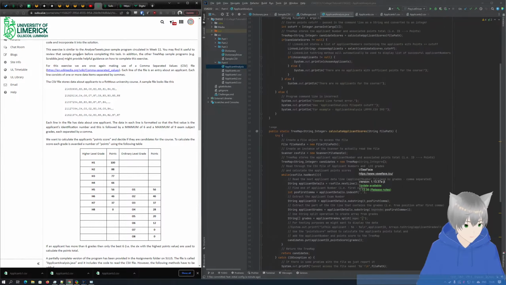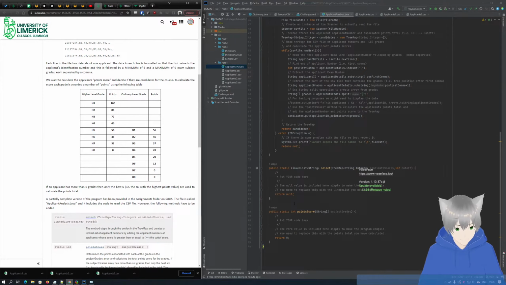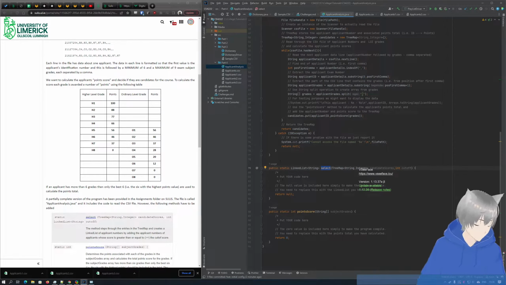What we do have to deal with is these two functions here. The first one selects people if they're above a certain threshold of the score. Second is you feed in